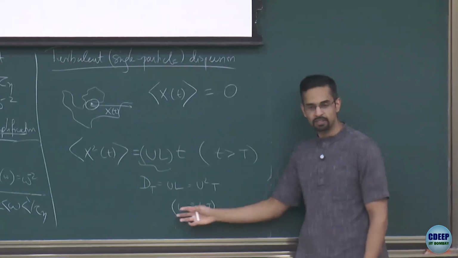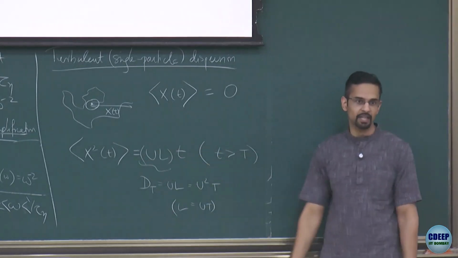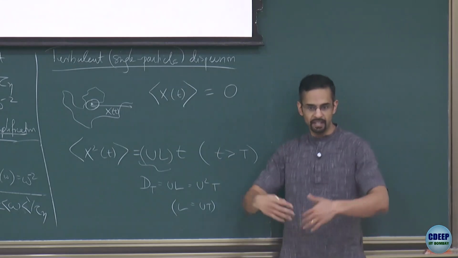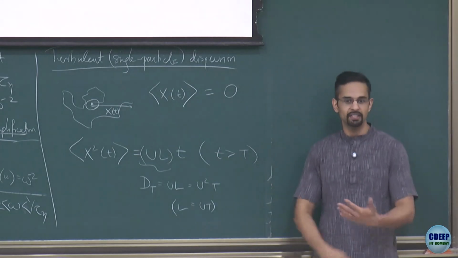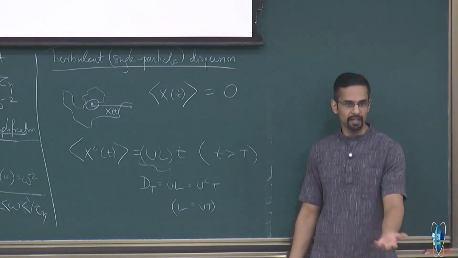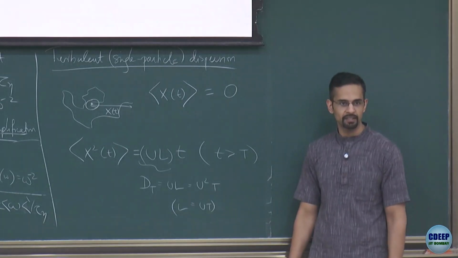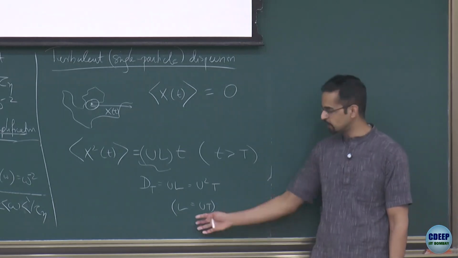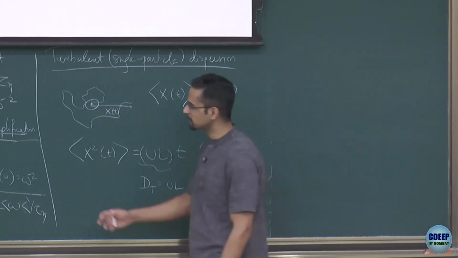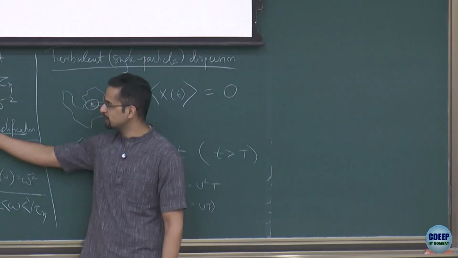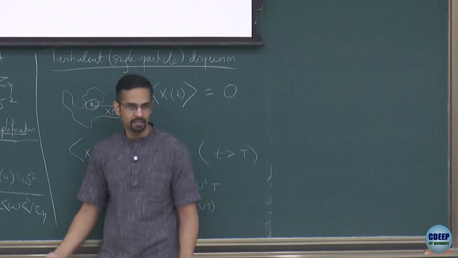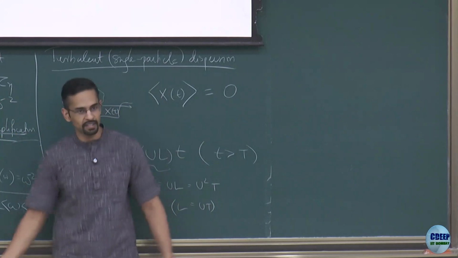But this is already the heuristic basis to say that if I'm at very large time scales, then I'm effectively saying that each big eddy is acting on the particle in a delta correlated way, because I'm looking at times greater than capital T. And I'm throwing away all the correlations in the flow, then you get diffusion. Then we'll get the same result in our stochastic modeling when we make this delta correlated assumption. The implicit thing is, again, I'm looking at large time scales.